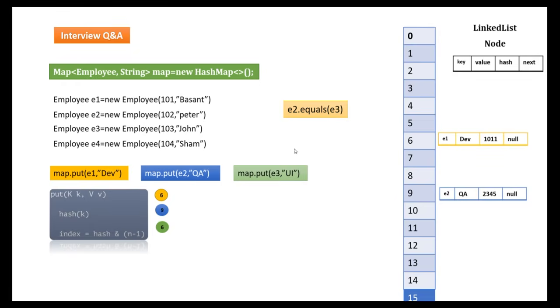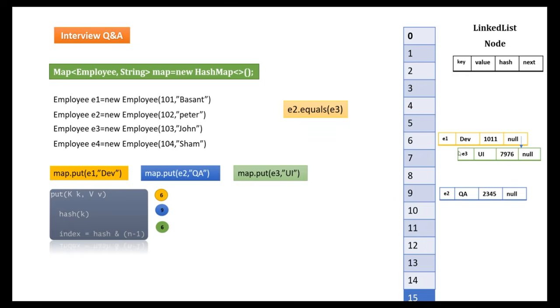If it finds a difference, then immediately it will store that entry in the same bucket, which is 6. And now this will not be null, this will be the next reference. It means in bucket 6 there will be two nodes. E1 is the first node and E3 is the next node. So that's the reason E1's next points to the second node. Okay, so this is placed in 6 only.